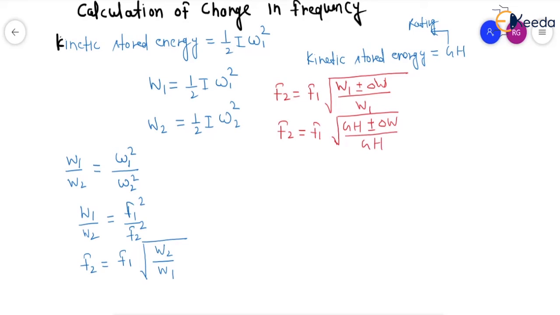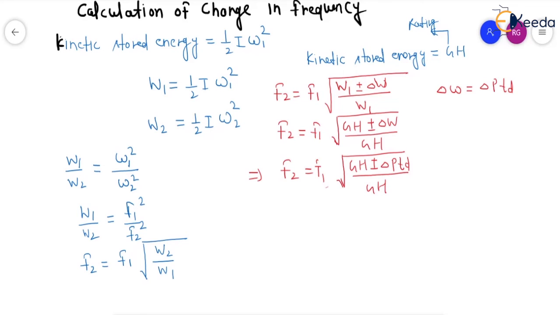Now we can replace delta W is equal to delta P into TD. So by replacing, F2 is equal to F1 under root GH plus minus delta P into TD upon GH,